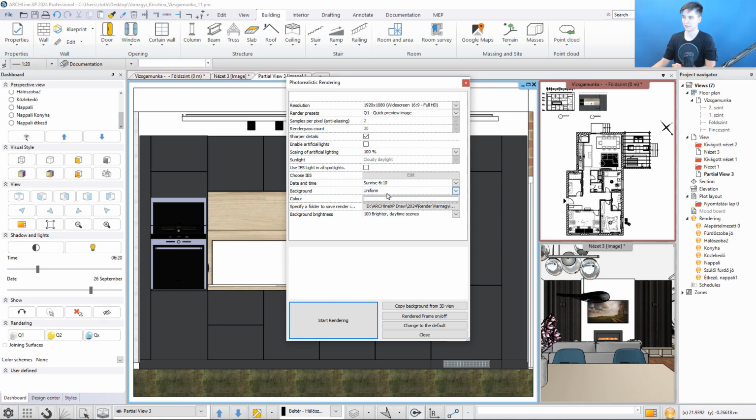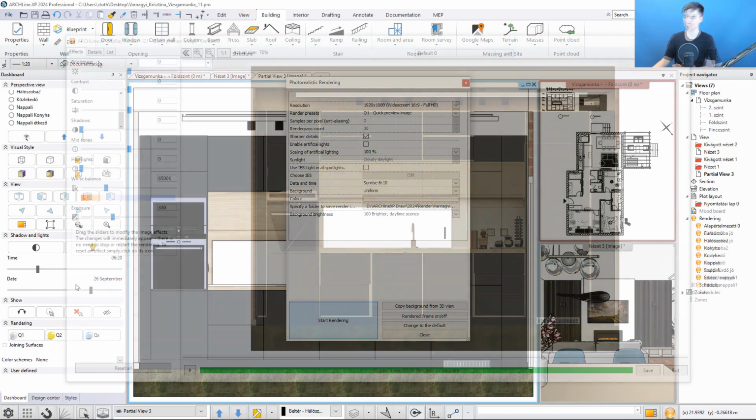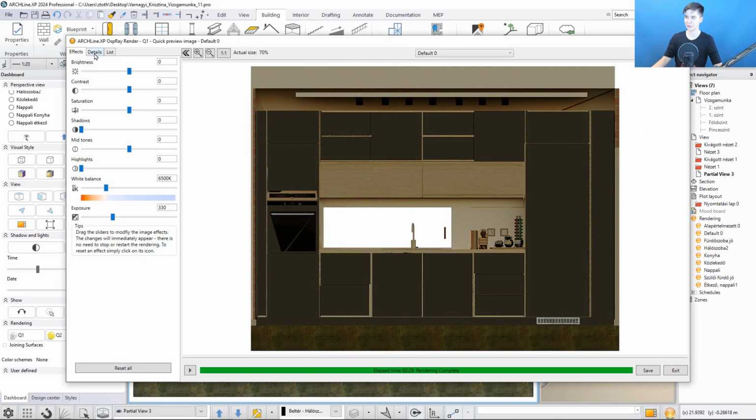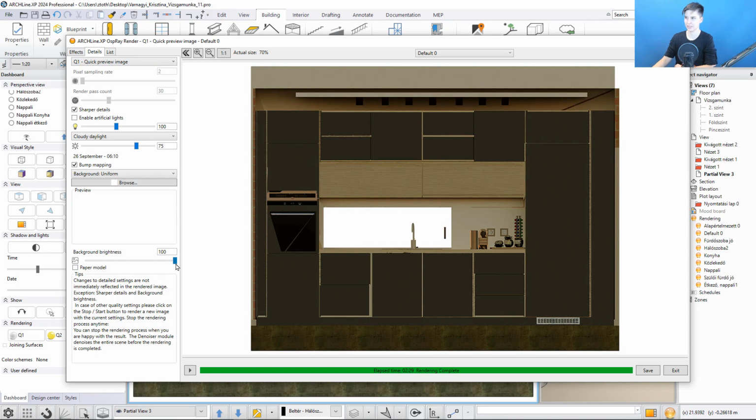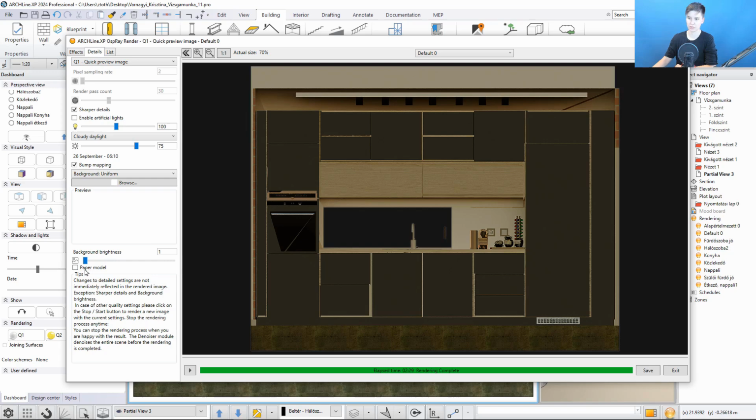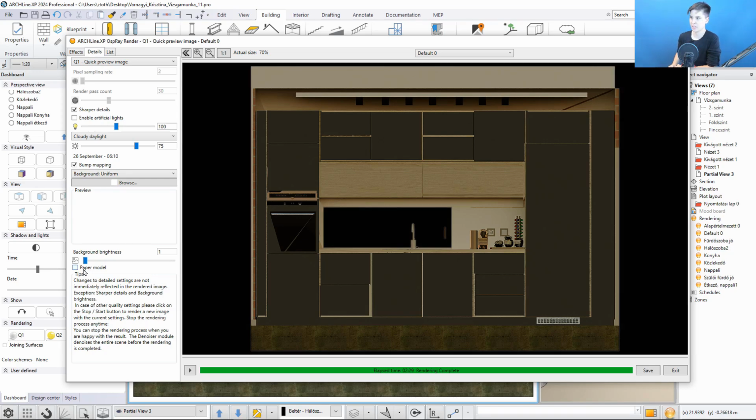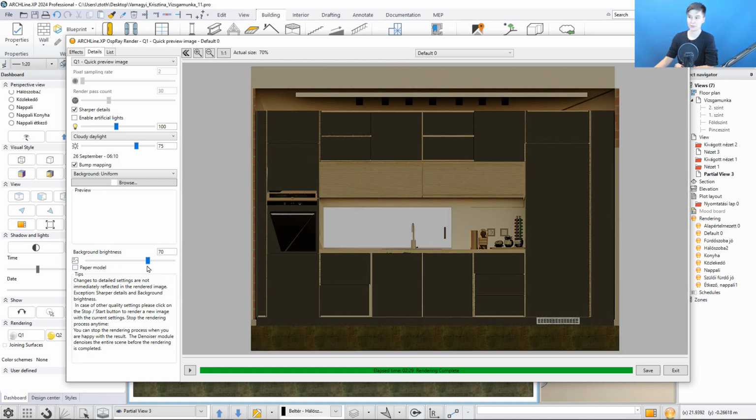The background is good uniform with white color, and also make sure that the brightness of the background is on 100. I will show you later why it's so important. And then start the rendering. As soon as our render is ready, we can see how realistic it turned out. Here, as I promised, I'll show you what happens if we lower the background brightness. You can see that the background can even turn completely black,